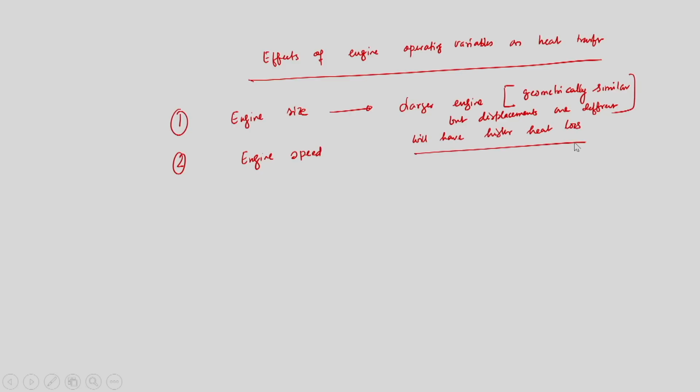This is important: engine speed. If the engine speed is increased, gas flow velocity in and out of the engine goes up, with a resulting rise in turbulence and convective heat transfer coefficient. So the gas flow in and out of the cylinder will increase, which in turn will result in turbulence and convective heat transfer. This increases the heat transfer occurring during the intake and exhaust strokes. So, the higher the speed, the higher the convective heat transfer, because the turbulence is higher.